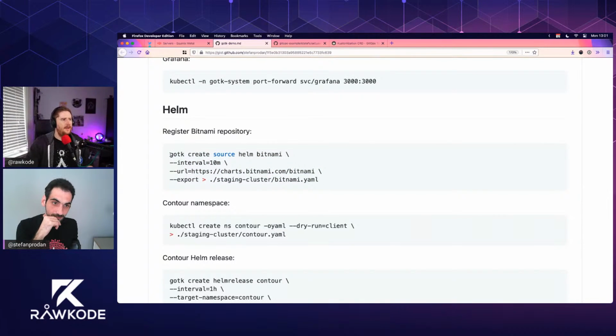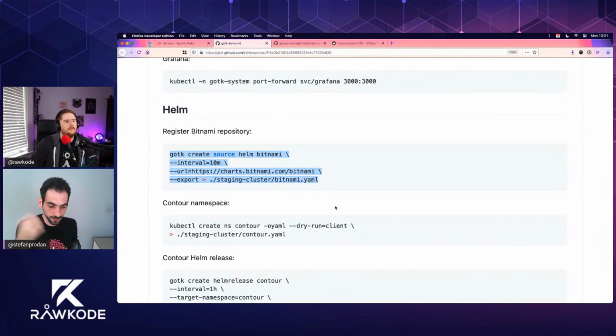Okay, so we're using GOTK create source. We're telling it Helm and not Git, and then we just specify the Bitnami repository. Yeah, which is public. If you have a Helm repository that's private, you can also give here in the command the username and password or token of your